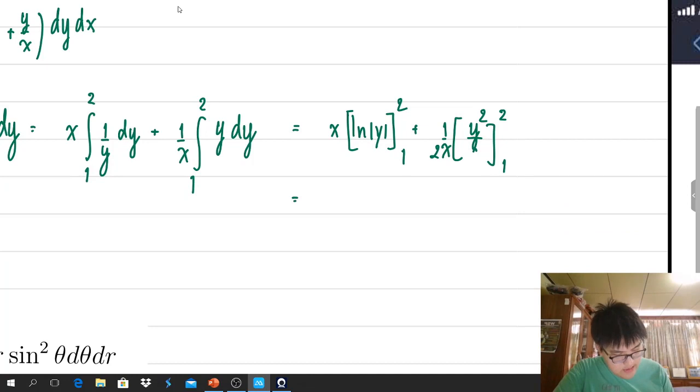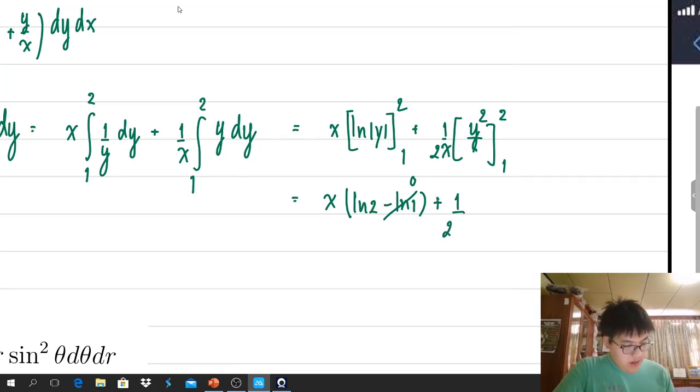Then you calculate ln: we substitute y equals 2, we get ln 2, and take our absolute value out because it's positive, and then minus ln of 1. And we know ln 1 is 0, so it leaves only ln 2 plus 1 over 2x,